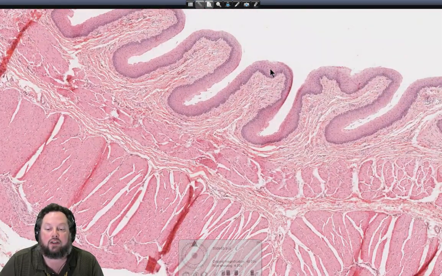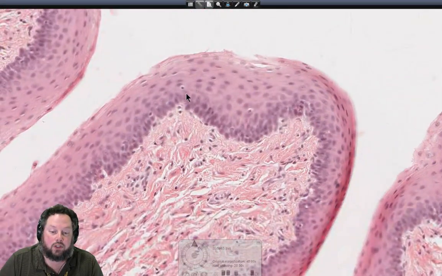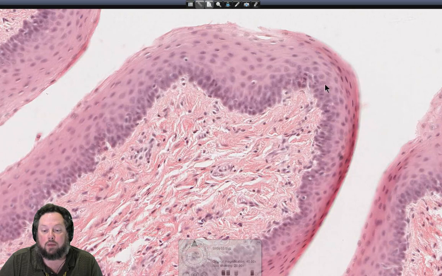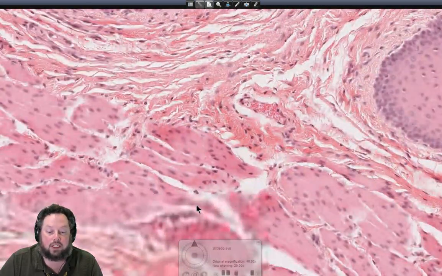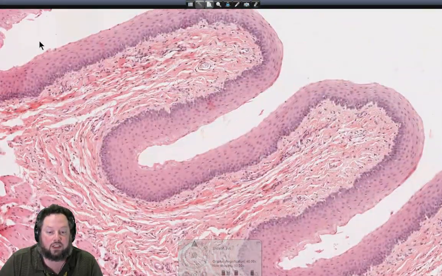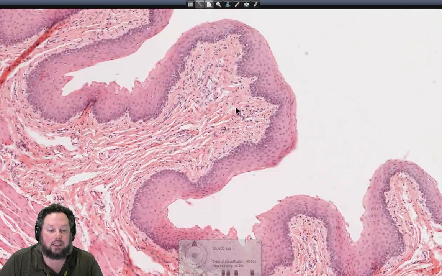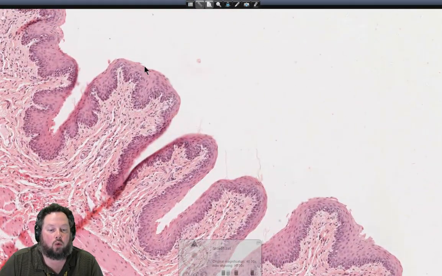a stratified squamous non-keratinized epithelium. So we can see that here. It's got a thick stratified epithelium, nuclei all the way to the surface there. So this is a stratified squamous non-keratinized layer. Here's our lamina propria, and then here's our muscularis mucosa. So if we continue along the esophagus, we can see these folds, typical of an organ that has a well-developed muscularis layer. And then we'll see a junction between the esophagus and the stomach, where we have this quite dramatic